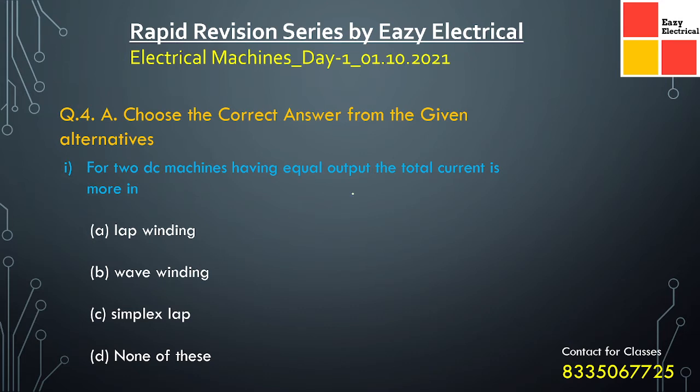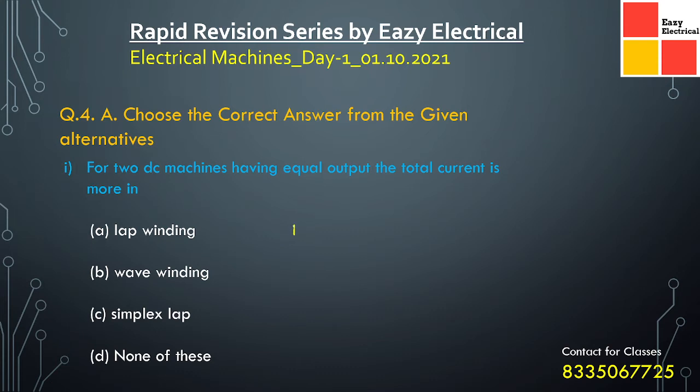For two DC machines having equal output, in which of these cases will the total current be the largest? Here you can see lap winding, wave winding, simplex lap winding, and none of these are given. So we need to understand one thing,